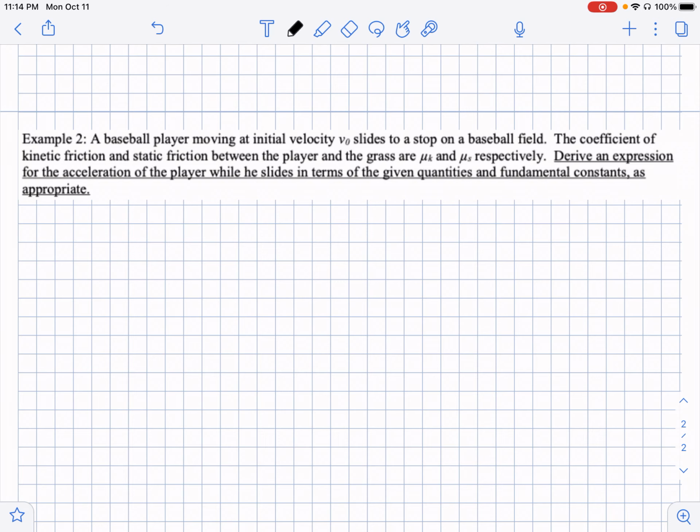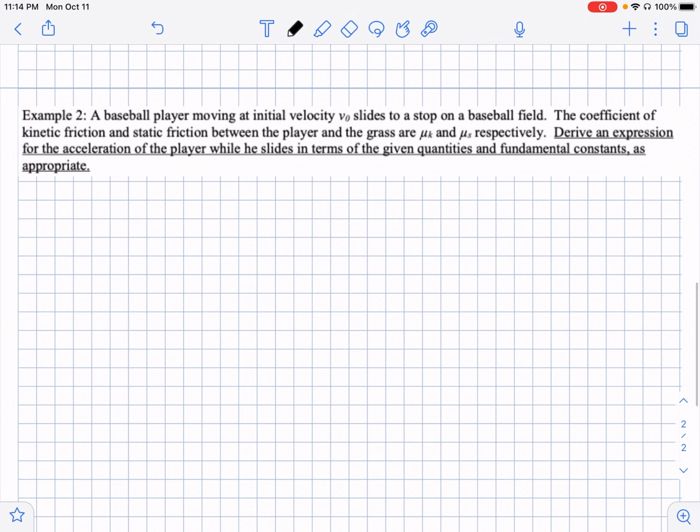And so let's go ahead and make a net force equation here and a free body diagram. So there's our baseball player. We know we have Fg going down and the normal force going up. And then he's sliding to the right, so we'll say that the friction is to the left. And since he's moving, we know it's kinetic friction. So we're going to be using that mu k here in just a little bit, not the mu s. And my net force equations,